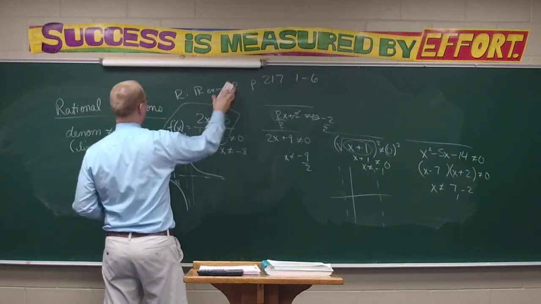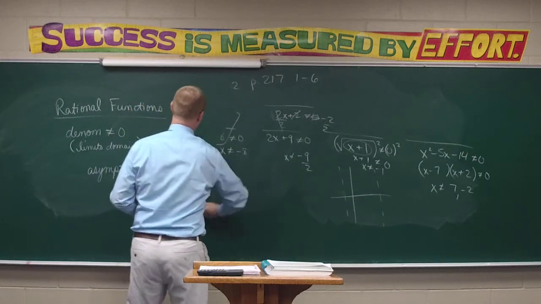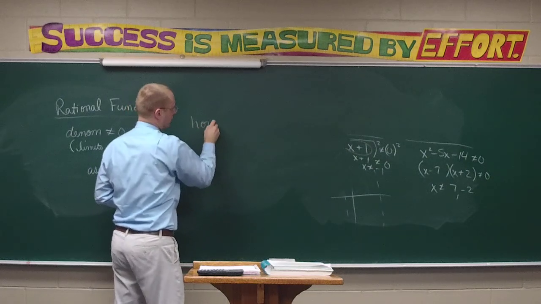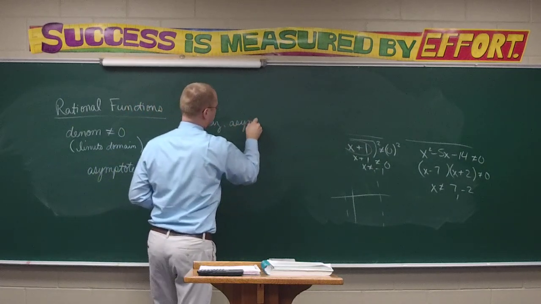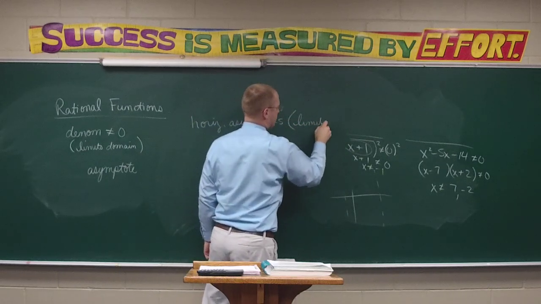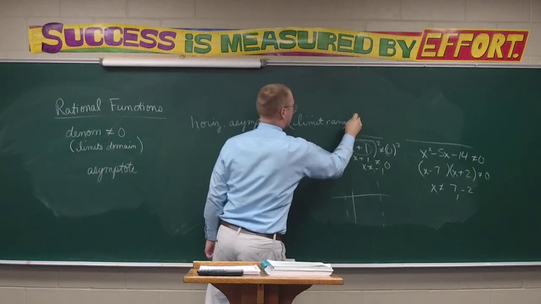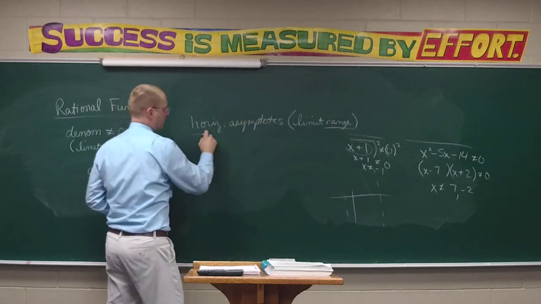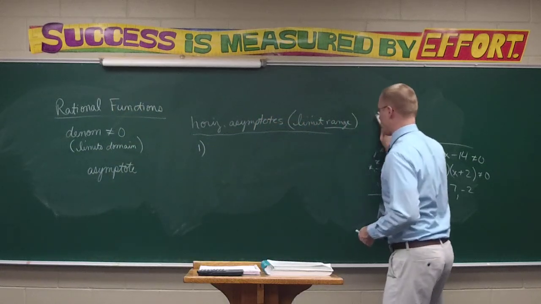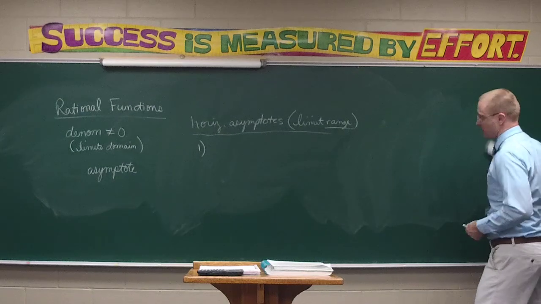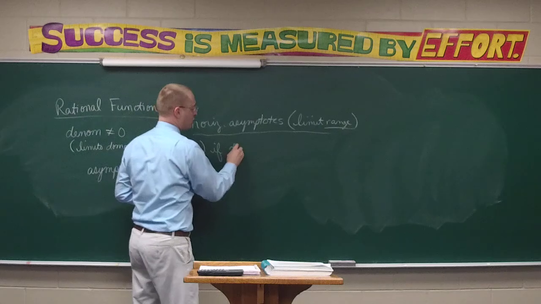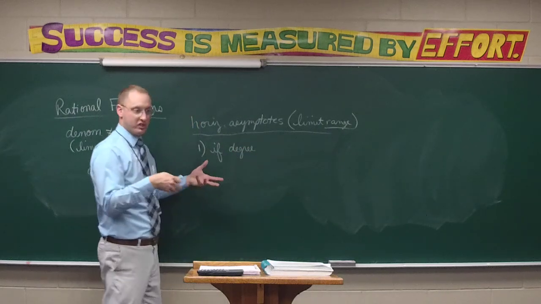So next thing in your notes, under this rational function topic: horizontal asymptotes. And remember, this is what's going to limit the range. 4 things. It does have to do with the powers in the numerator and the power of x that you've got present in the denominator. First of all, if the degree, that refers to the total sum of the powers in the highest term,